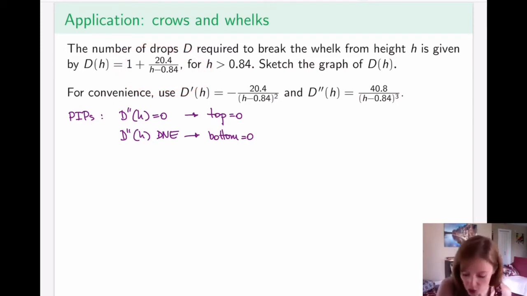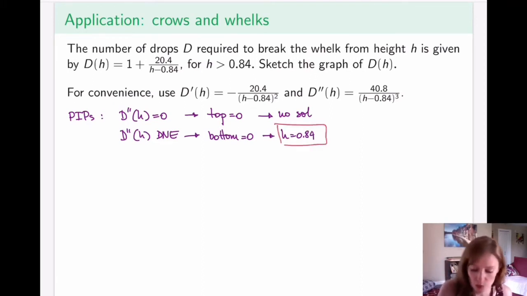Okay? So the top is 0. Well, the top in this case is 40.8. That's never 0, so this produces no solutions. And the bottom is 0, once again, at the value of 0.84. Okay, so in this case, this is my only potential inflection point. And I'm going to draw, once again, a number line and put all of my newly found potential inflection points on it. Having learned from last time that asymptotes are a good thing to note here,